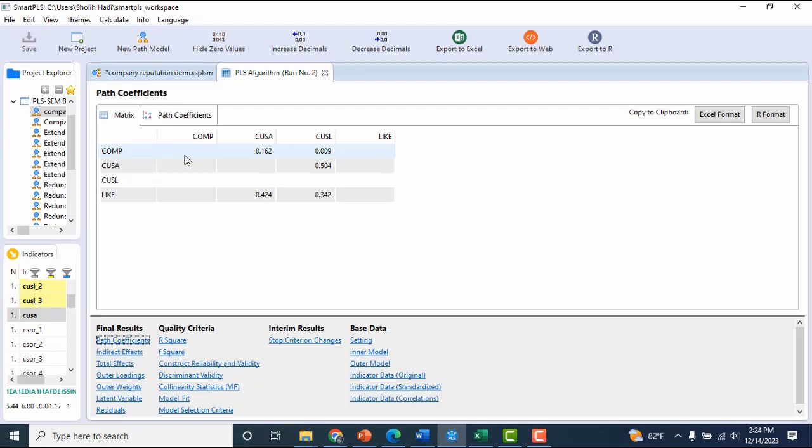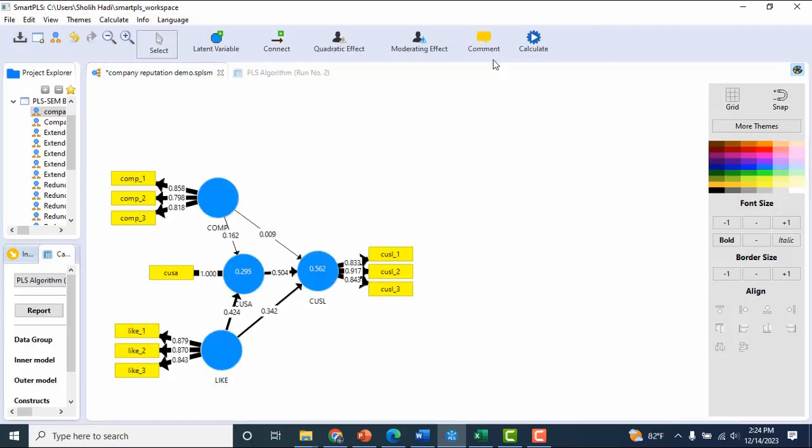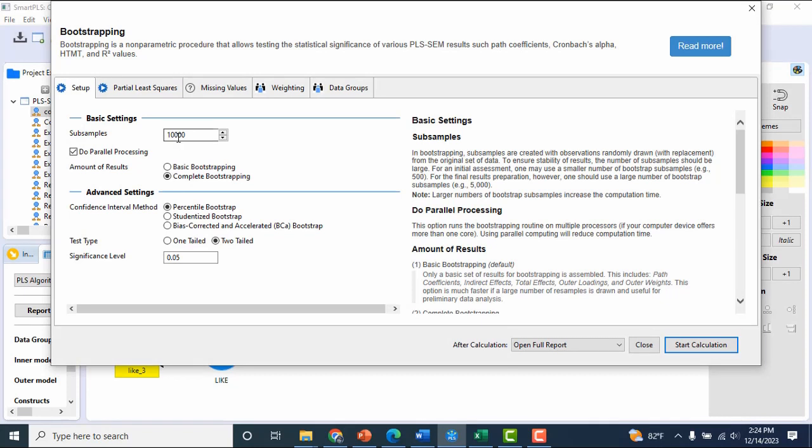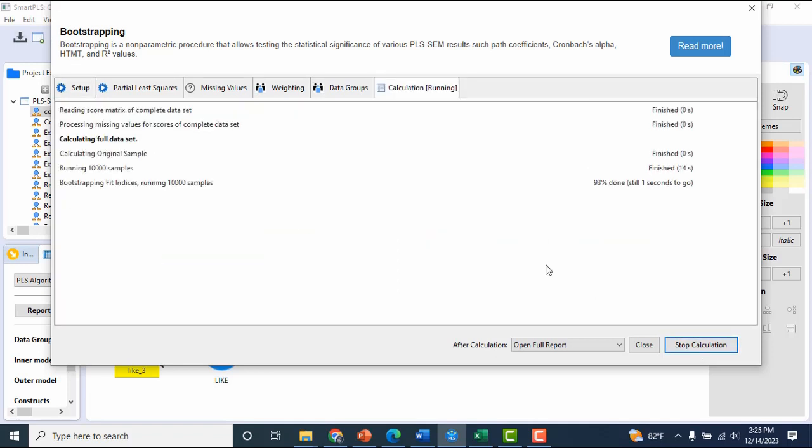So we need to analyze using bootstrapping: calculate and bootstrapping. We use 10,000 bootstrap samples, and we choose percentile bootstrap, a 0.05 significance level and two-tailed, and start the calculation.